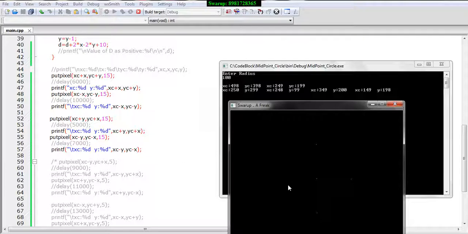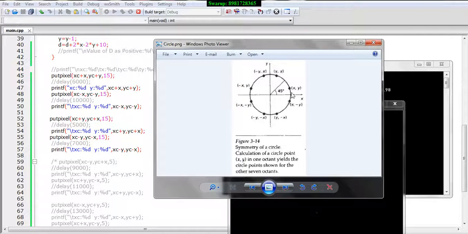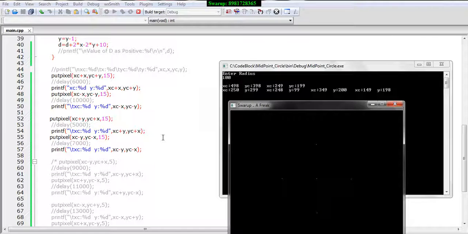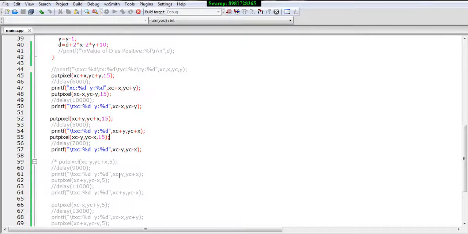So we saw that four octants got printed, but there were other 4 octants as well. We have printed this, this and this, but the rest of the 4 need to be generated. For that, what we will do is interchange the sign. Let me show you what I actually mean by that. Over here the interchange of sign is taking place. Initially both had the same sign, but now the sign is getting replaced. So over here it became minus y plus x. One can understand that the next part would be plus y and minus x.